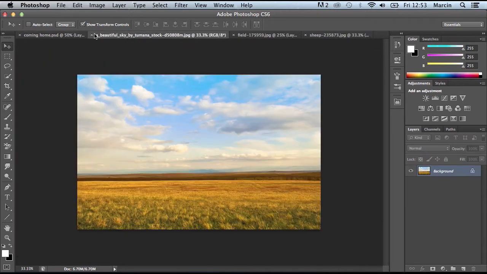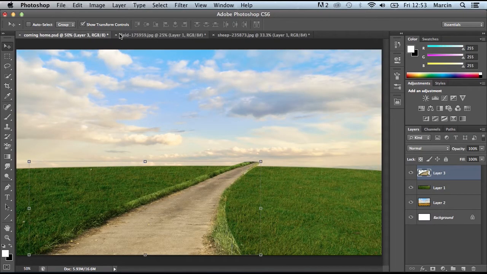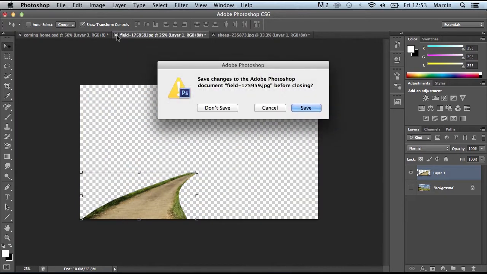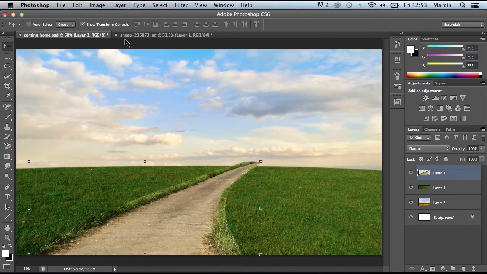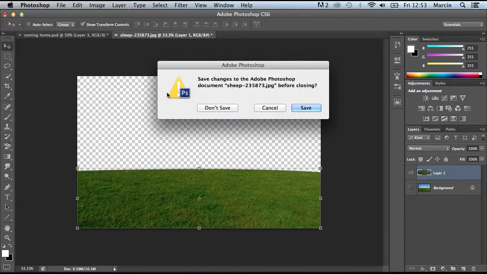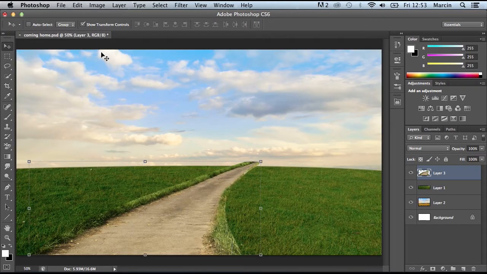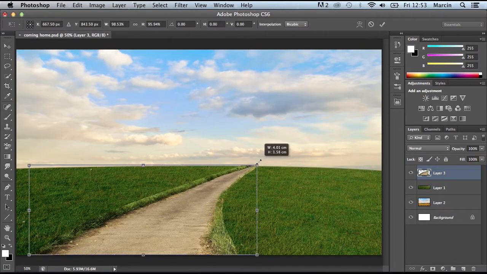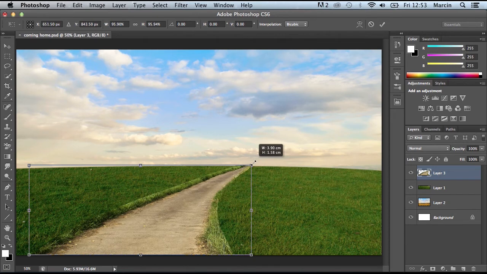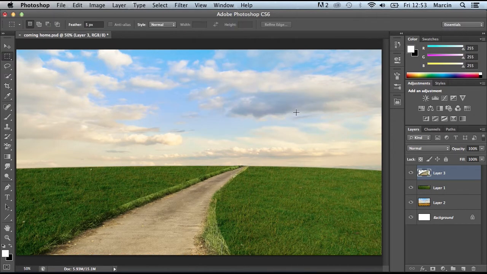So right now I can close those tabs. So just adjust like this, apply,